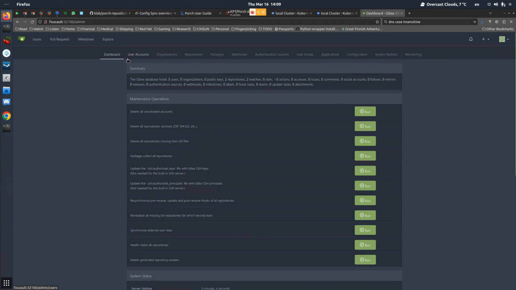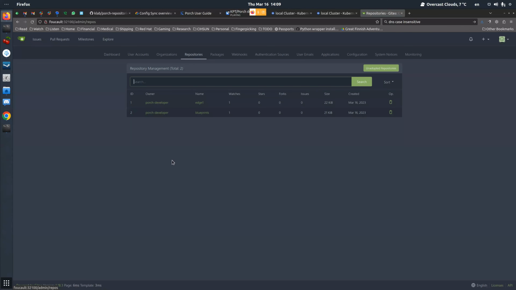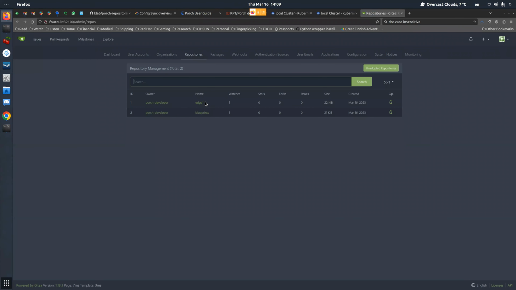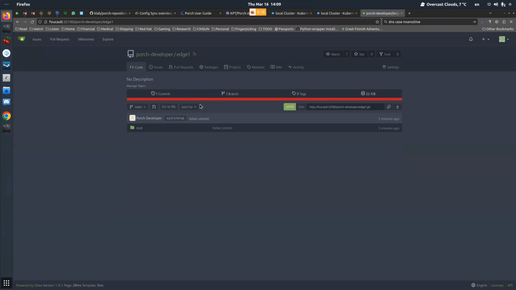Yeah, because I wanted to prepare this to build on, so you can actually create different roles with different users and different permissions for different repositories, right? So here I'm logging in as admin so that I can see everything. Here you can see the owner is actually the Porch developer, and I'm logged in as administrator. So here's the blueprints repo, which just has a README, and the Edge1 repo is